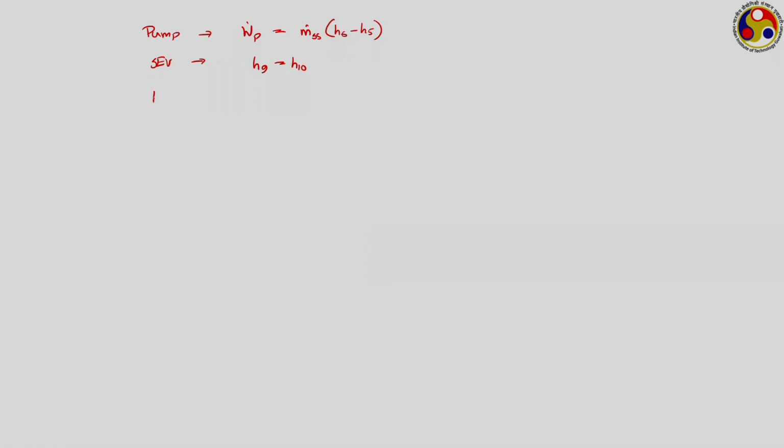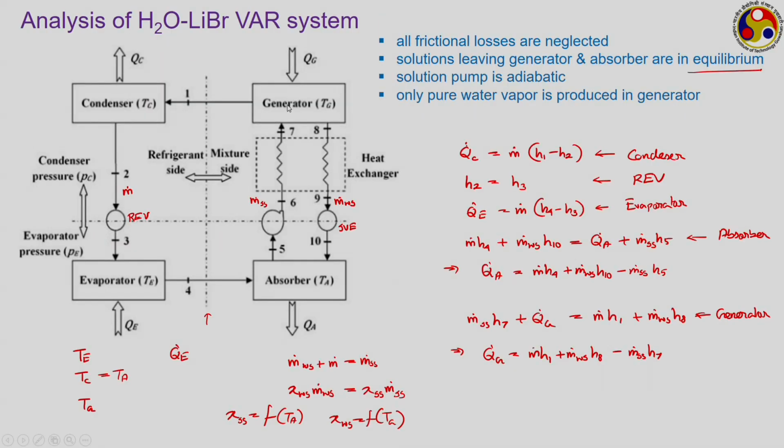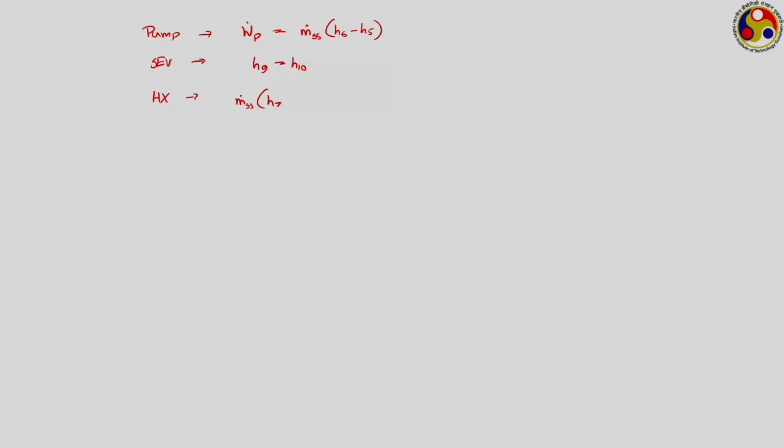So, across the heat exchanger we can write mass flow rate for the strong solution into the amount of energy it has gained, that is H7 minus H6, is equal to the amount of energy lost by the weak solution, that is H8 minus H9. Quite often we need to have one parameter which characterizes the performance of the heat exchanger, which is given as